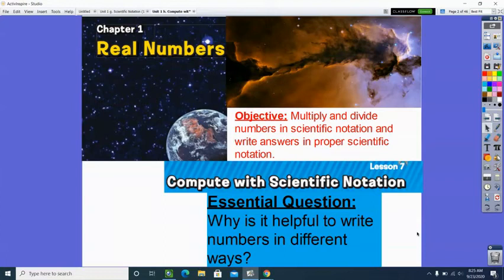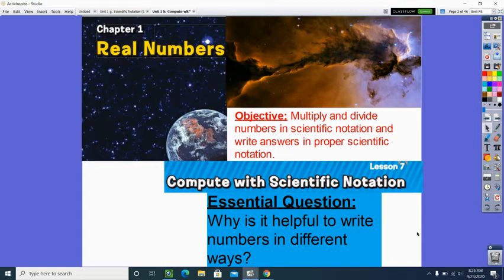Today, we're going to take scientific notation one step further, and we're going to actually multiply and divide numbers in scientific notation, and then we're going to make sure that the answers are written in proper scientific notation. Scientific notation is a great way to write a number that is really big or really small, and multiplying and